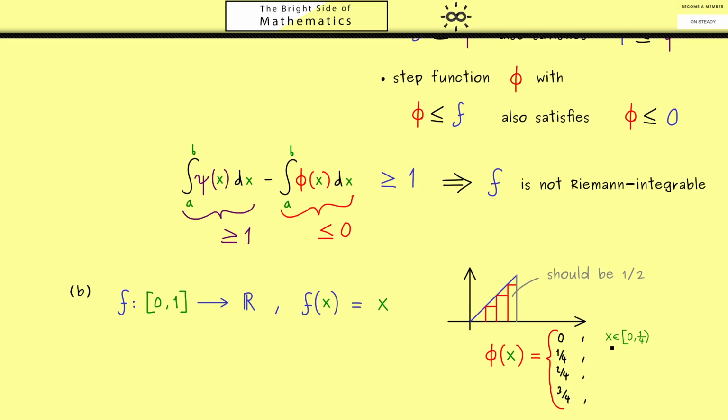Also, it's not hard to see that we split the x-axis also in 4 equal parts. So we have the interval 0 to 1/4, 1/4 to 2/4, and so on. Okay, so you see, this is a well-defined step function you can choose for the approximation from below. It has exactly 4 equidistant steps, therefore let's put a 4 into the index here.